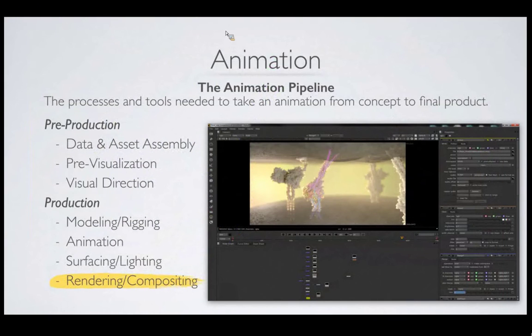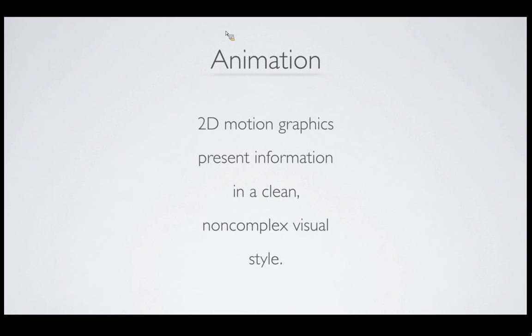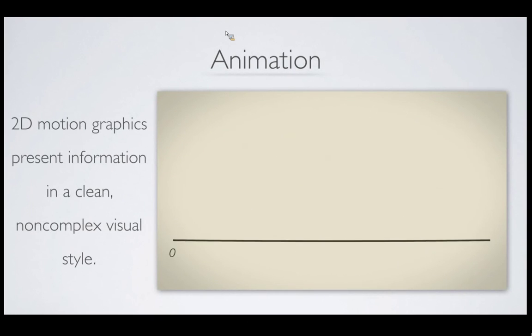So that is the 3D animation pipeline, at least a very basic, in a nutshell version of it. But in addition to this kind of animation, there's also 2D motion graphics, which we can also do. And 2D motion graphics are great for presenting information in a clean and non-complex visual style. And so I've got a short little example of this. What you're seeing on the right is actually 4 short videos that I've concatenated. And you can see it's very simple, it's 2-dimensional, and it's like a moving illustration that you would see sketched out on paper.